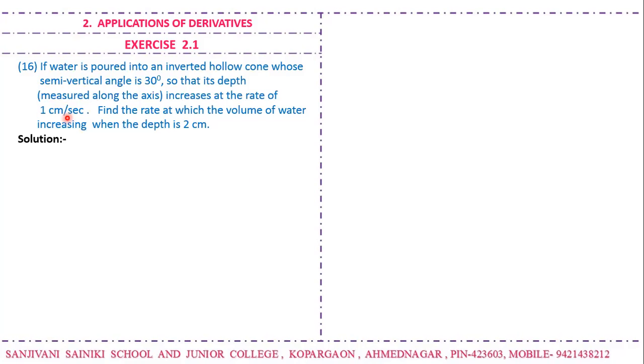The 16th example, if water is poured into an inverted hollow cone. Now what is meant by inverted hollow cone? This is the cone and this is empty inside. This is the axis of this cone, and this angle is 30 degree. Okay, this is a semi inverted hollow cone, and we are pouring the water in it, and the rate is